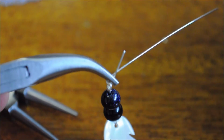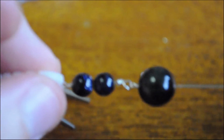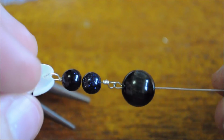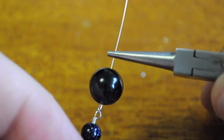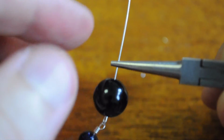And like so, we can still reach both parts. We're going to take the short end, and we're just going to wrap them around the long end as many times and as tightly as we can. Alright, so a lot of the times the larger beads will have a larger diameter bore in them, so we can go ahead and get them over our windings, which just looks a little bit better. Next thing we're going to do is make the windings for the top. Again, we're going to grab with about 2 millimeters worth of wire underneath the rounded needle nose pliers, and we're just going to pull them over